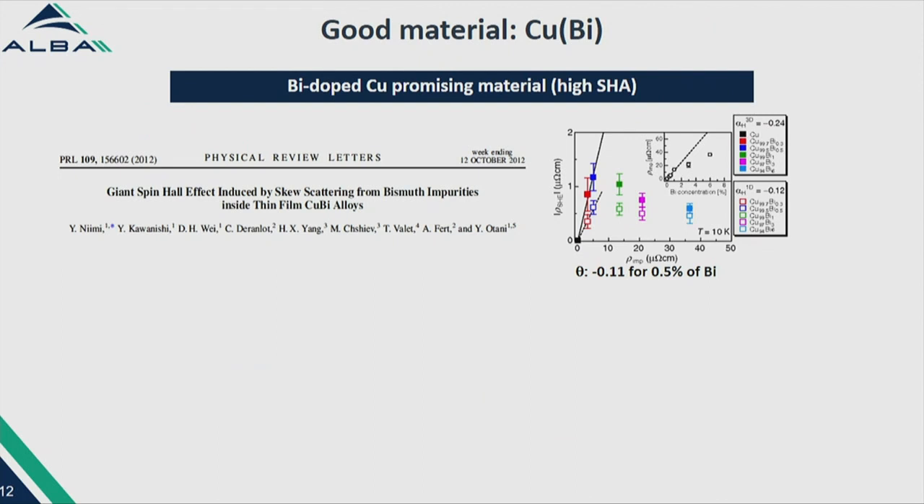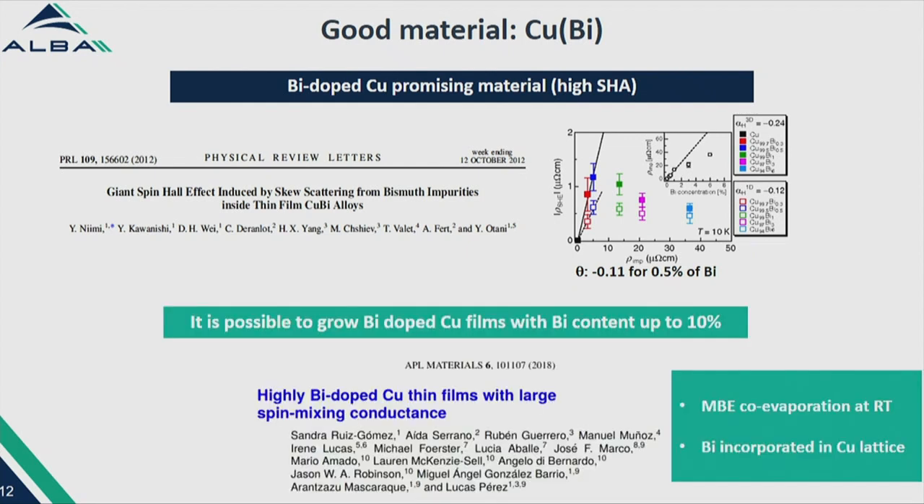Regarding the material, we chose copper bismuth, so bismuth-doped copper, because it has already shown 10 years ago a very high efficiency in the spin Hall effect. So this is 11% for 0.5% bismuth doping. And in addition, the group around Lucas Perez was able to show a couple of years ago that it is